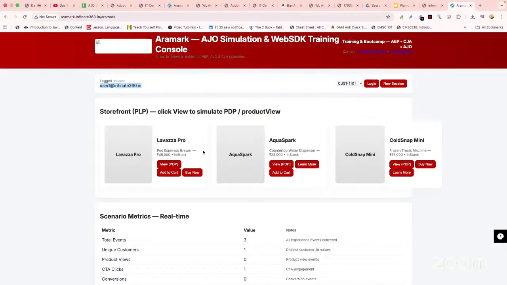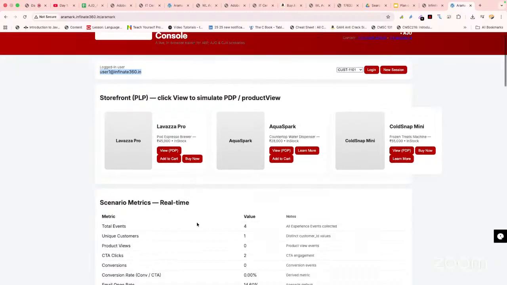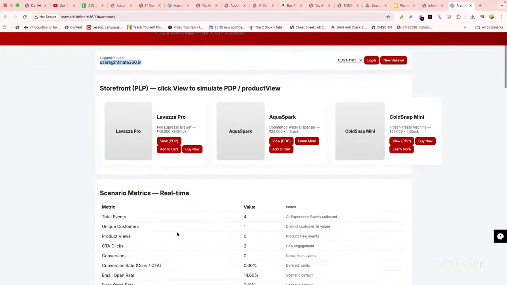So now what will happen is, when you are clicking on add to cart, this is an event, right? So it will go into the event, and then the unique customer count will be there. So what are unique customers? Whatever the trigger of the events that you are taking, it will be doing a kind of